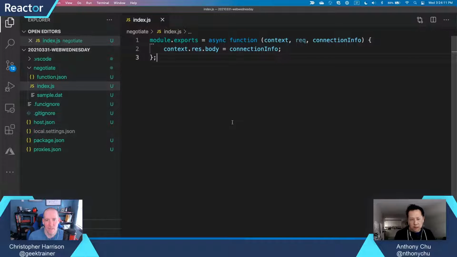And should I run it? I'll run the whole thing a bit later, because the other thing that I want to show you now is with the negotiate function, what that allows the browser or any client to do is to connect to the SignalR service. So the next thing, the real thing that your app wants to do is actually,